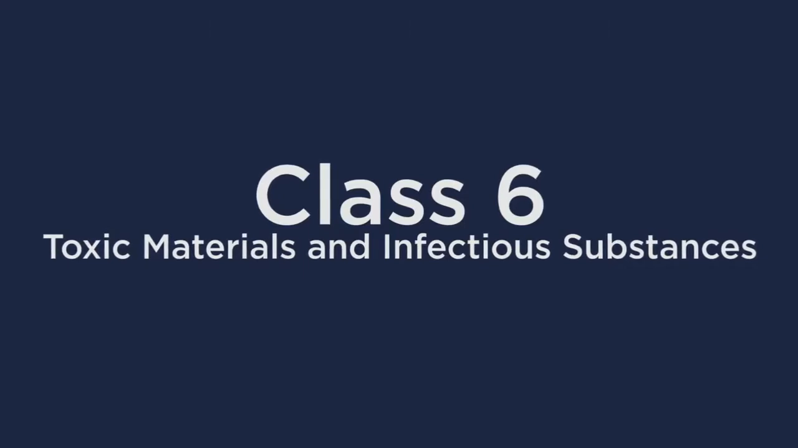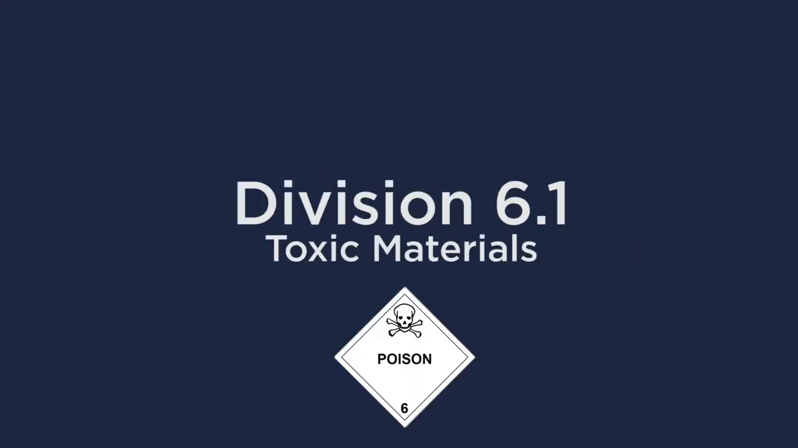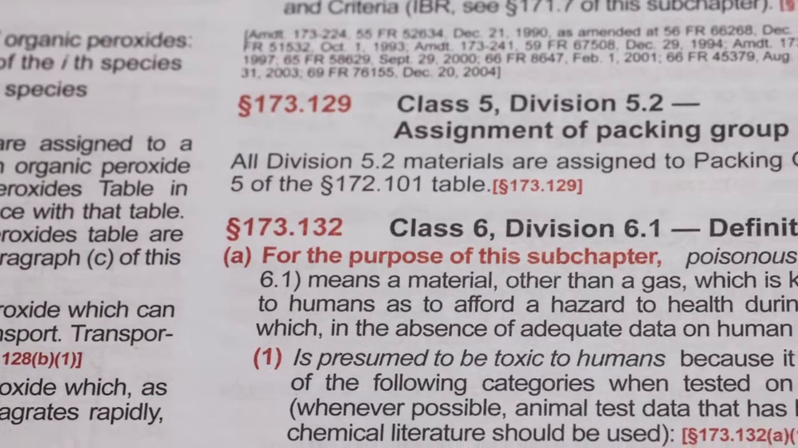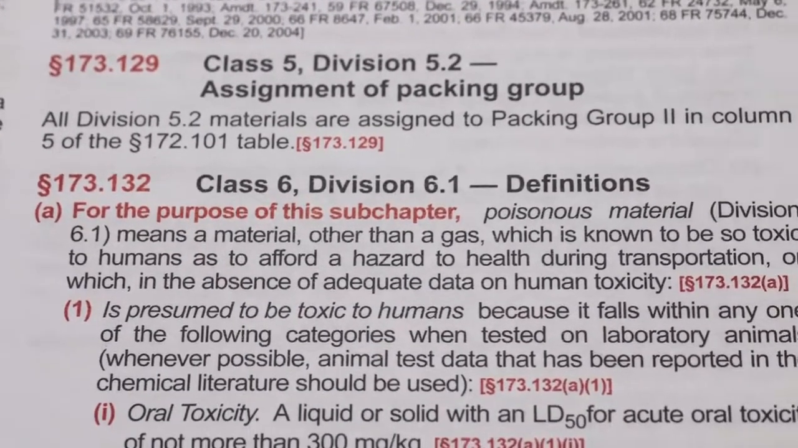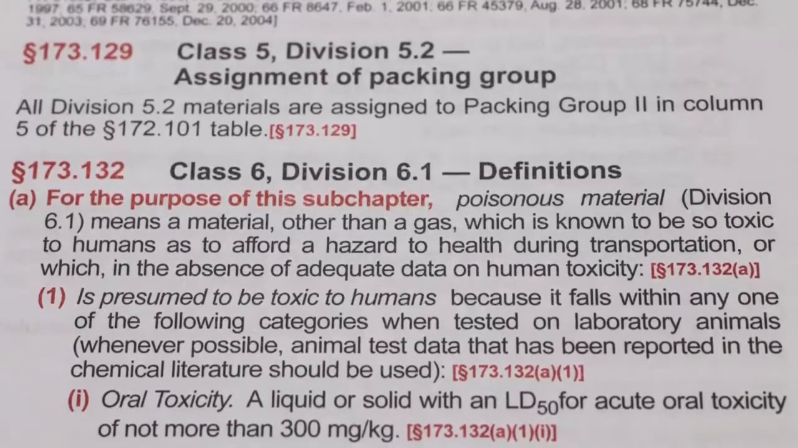Class 6 is assigned to toxic materials and infectious substances. Division 6.1 is assigned to toxic materials. Now let's take a look in the regulations and see what the regulations have to say about toxic materials. In 173.132 of the Hazardous Materials Regulations, the regulations read, "For the purposes of this subchapter, poisonous material means a